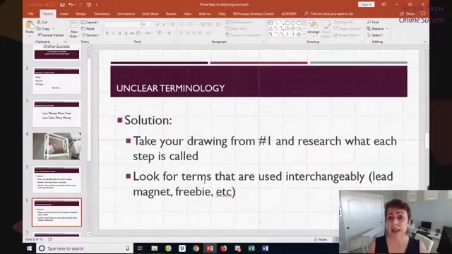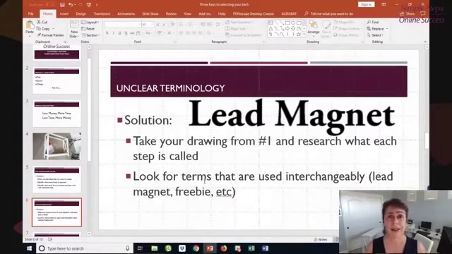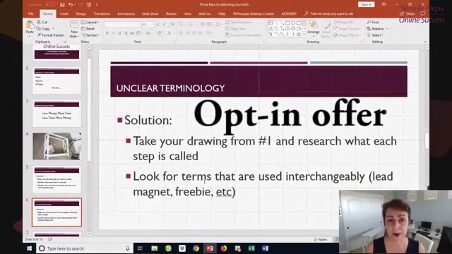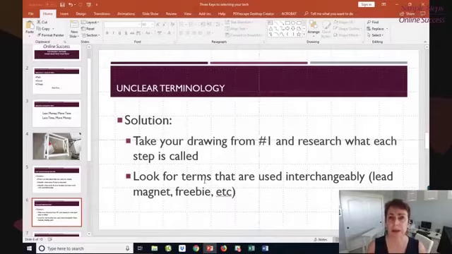Like a lead magnet is also called a freebie or an opt-in offer. So people are hearing these words tossed around: landing page, sales page, squeeze page, and they're not understanding because that terminology is not familiar to them.